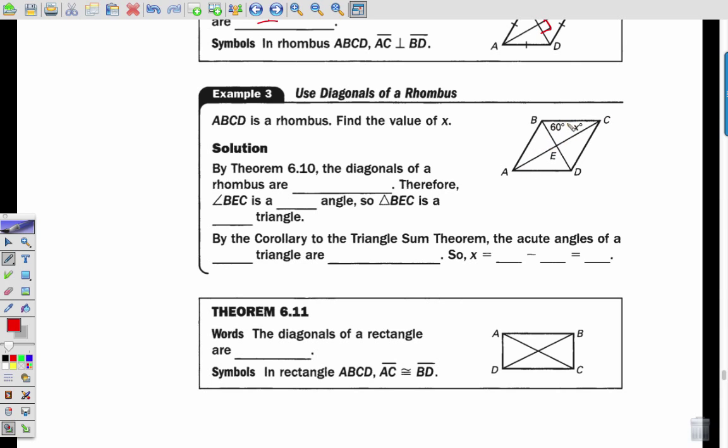ABCD here is a rhombus, and we're asked to find x, which is this part of angle C. Now, because the diagonals of a rhombus are perpendicular to each other, therefore angle BEC here is a right angle. So triangle BEC is a right triangle. And by the corollary to the triangle sum theorem,